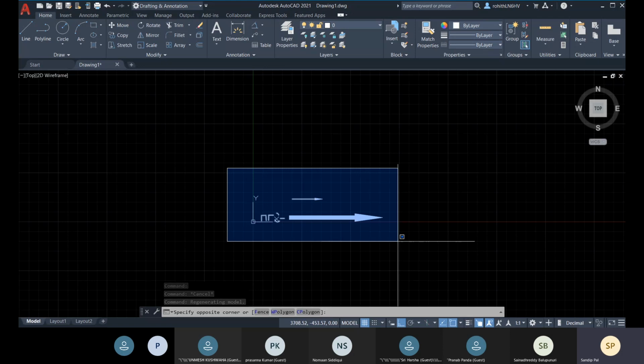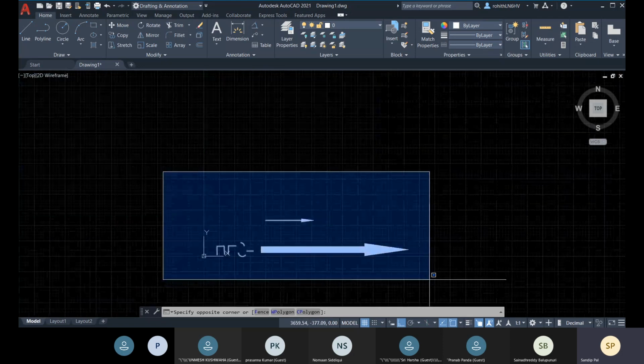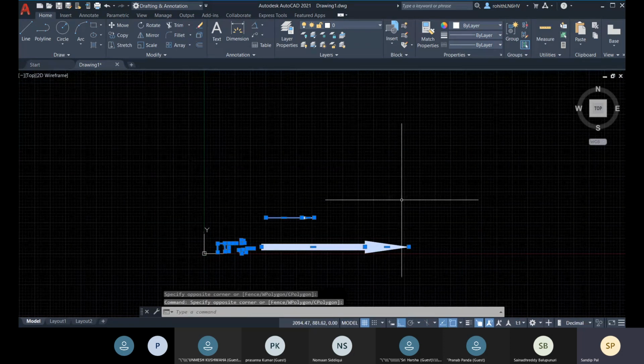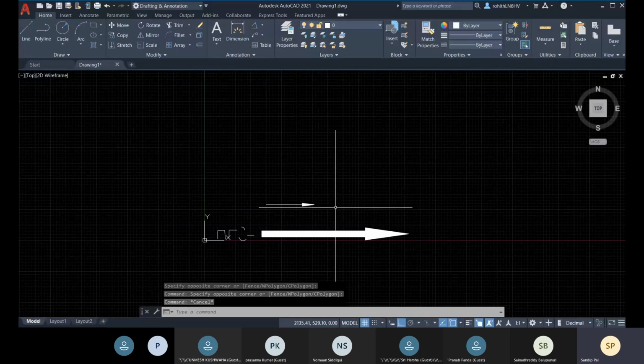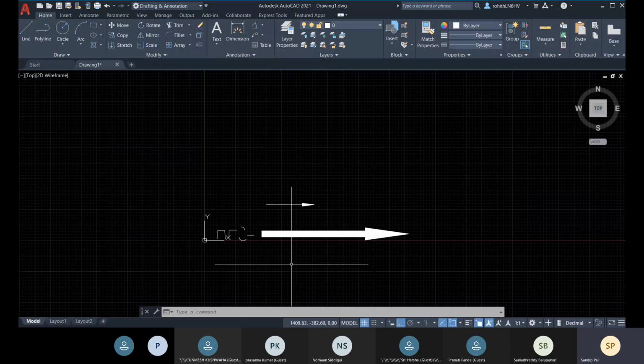And now let's talk about selection. This is called blue window selection, and this one is called green window selection. So how am I forming these two windows?